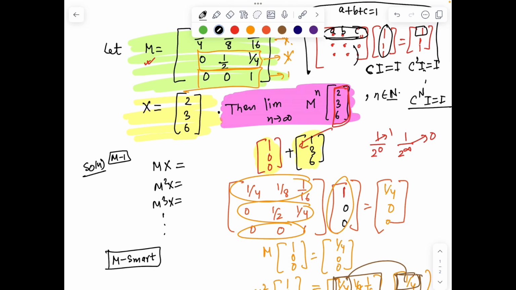So I hope you enjoyed the question and you have seen how basic observations can help you reach the answer in a very good way, right? So the takeaway from today's class was, when you have higher powers of matrices, especially when the sum of each row and sum of each column is 1, you can take this magical advantage by inviting a guy which stays invariant during the process.